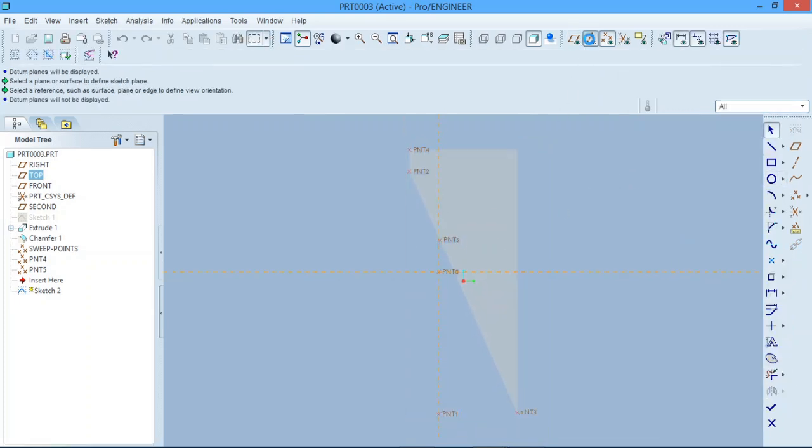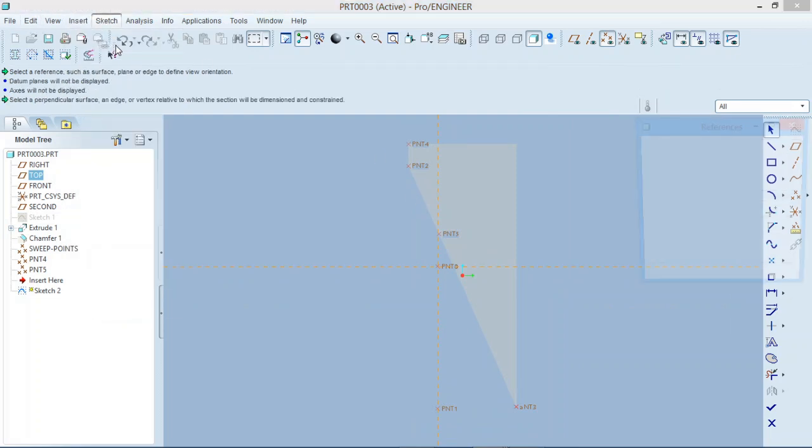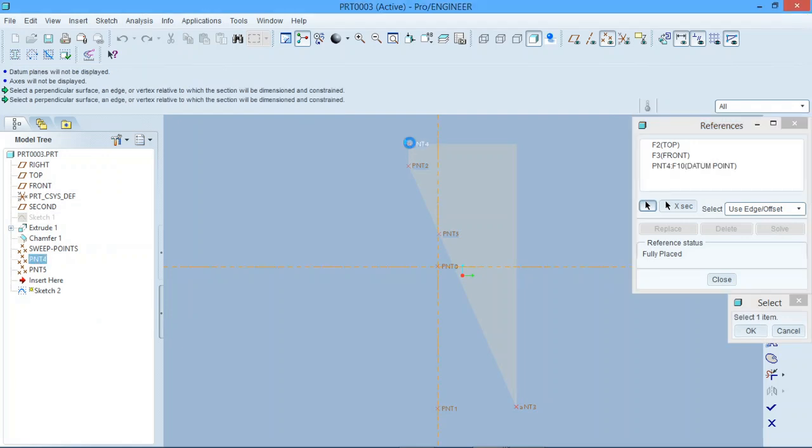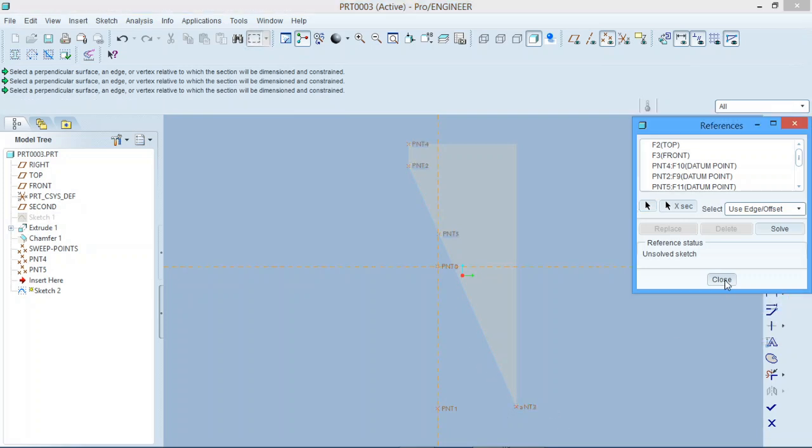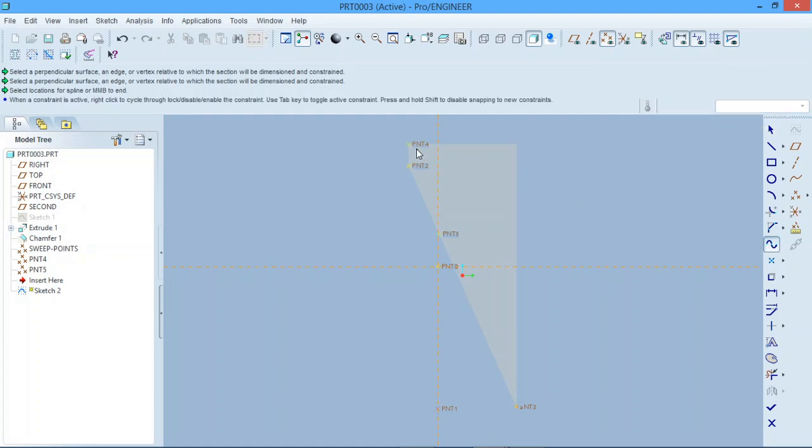So if I hide my datums, my axes, I can literally go insert sketch references, and I can select my points, that one, that one, that one, that one, that one,